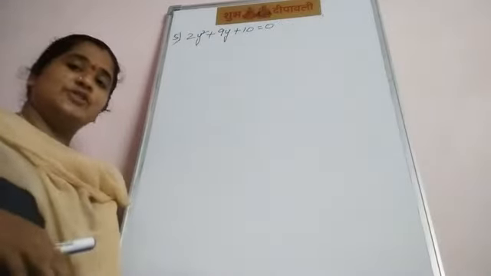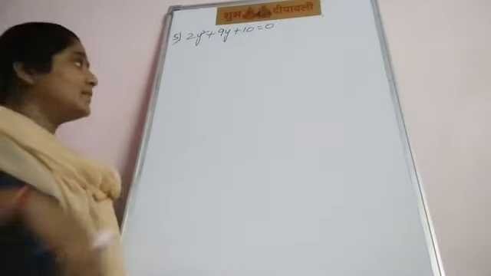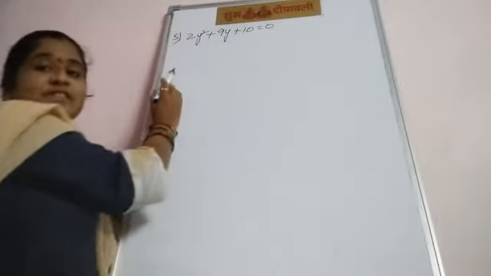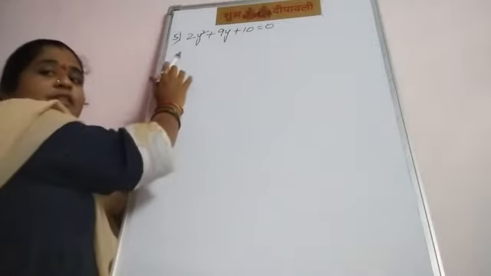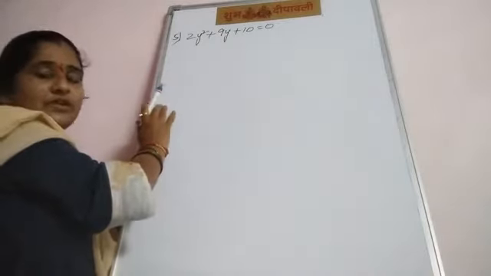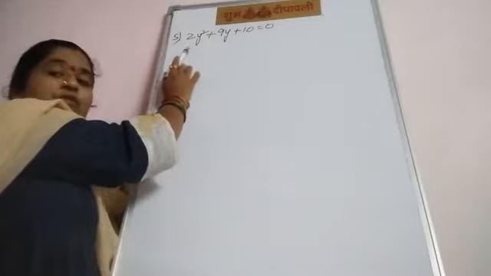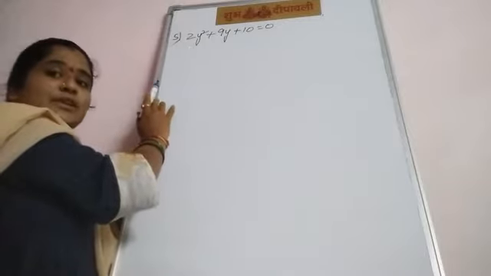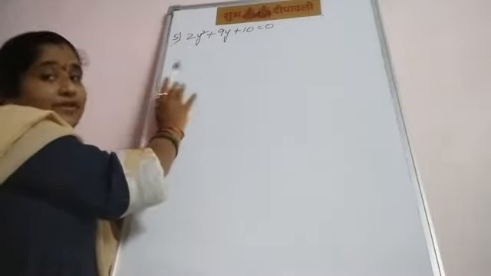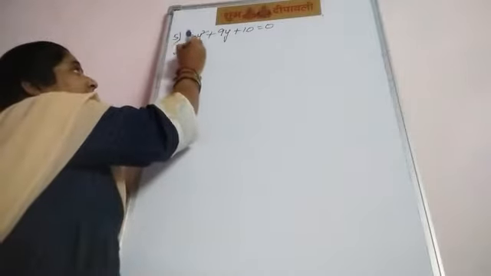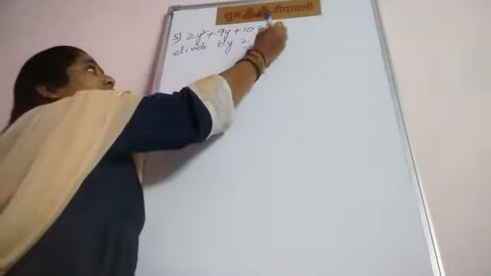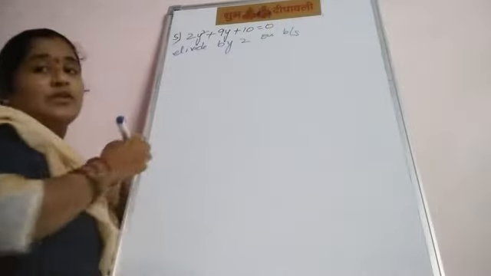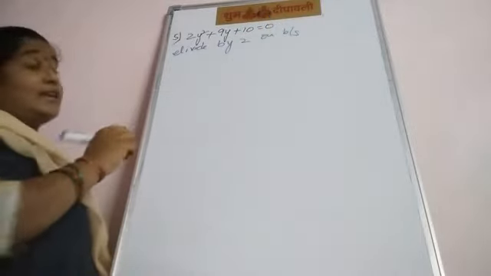Students, one more question I will explain. Fifth one. See, first step, what? y square coefficient should be 1. In this equation, is the y square coefficient 1? No. What is the coefficient of y square? 2. So, divide the given equation by 2 on both sides. So, when you divide, I am writing directly.